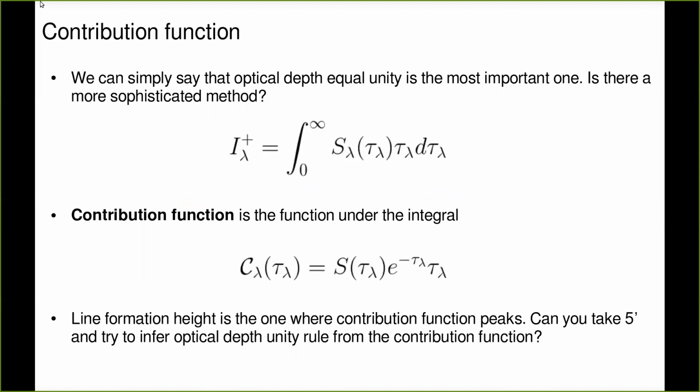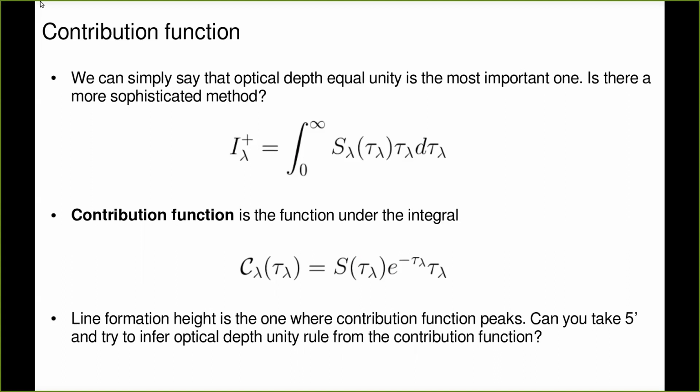Imagine splitting the atmosphere in super small slices, so small that I can assume each slice contributes proportionally to its source function. But it also has to, because what is the source function? Source function is emitted intensity per unit optical depth, right? So the contribution to the intensity from a given slice is going to be the source function times the optical depth, and the deeper I go, the optical depth for the same height binning is going to be bigger.